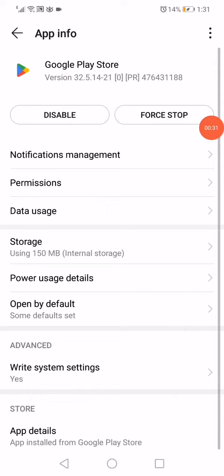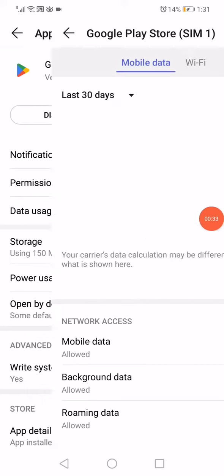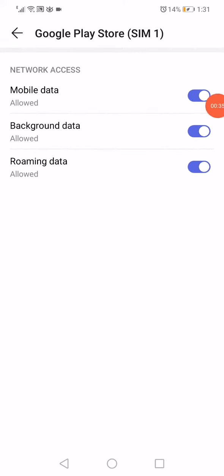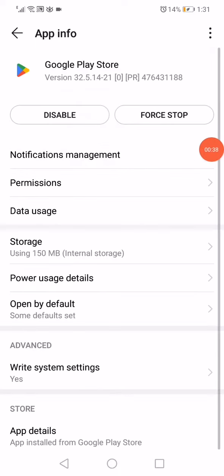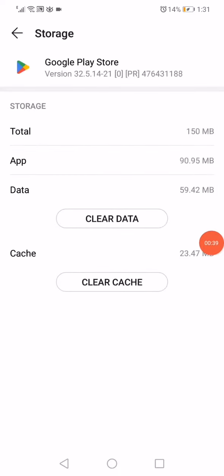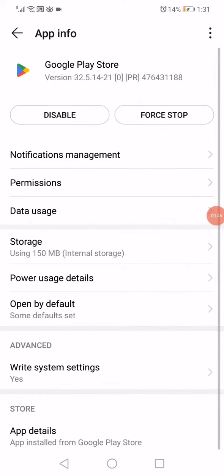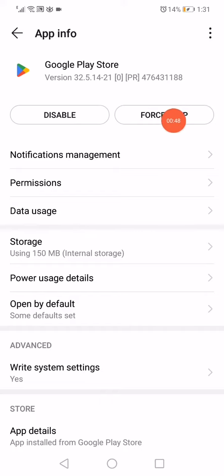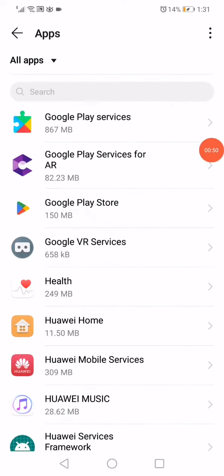permissions right here, and then go to the data usage and make sure also to enable all those options, and then go back and click on storage, click on clear data, and then click on this clear cache option. And now all you have to do is click on force stop and then go back and search for